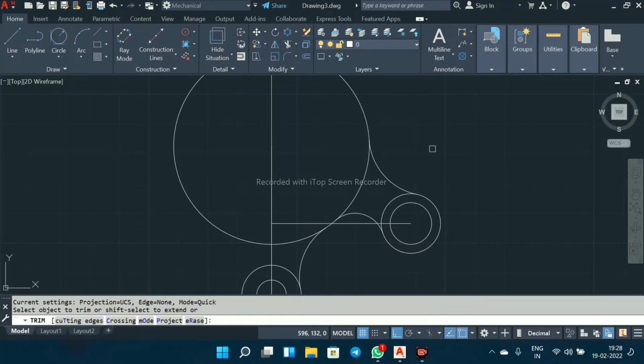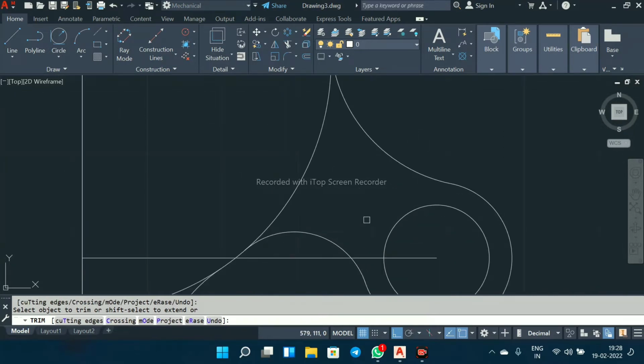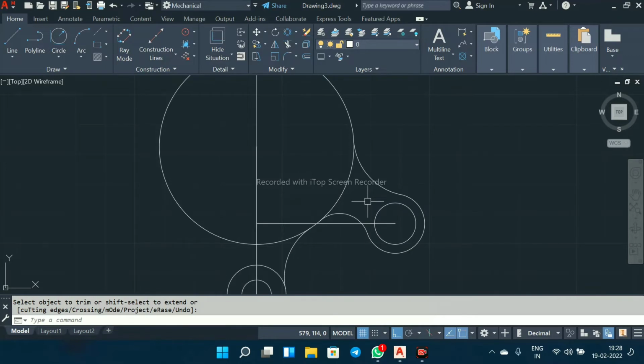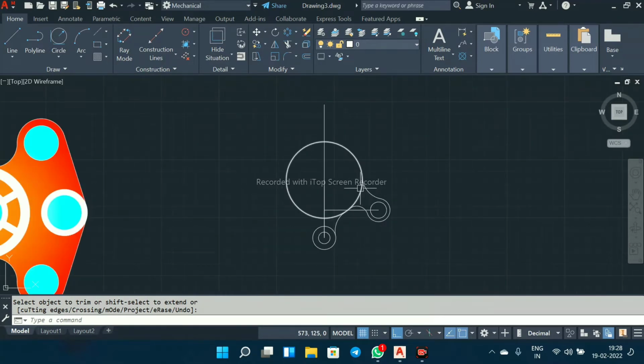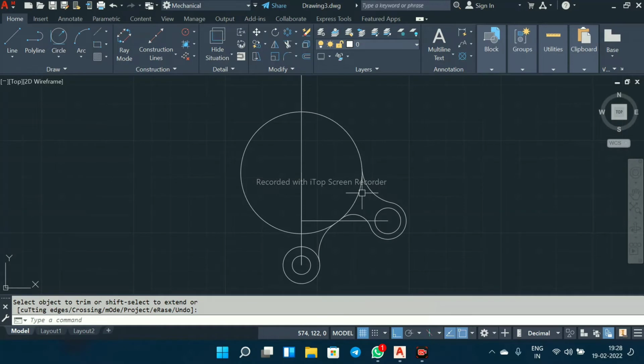Again spacebar. Again select mirror. Select these entities that we have drawn.